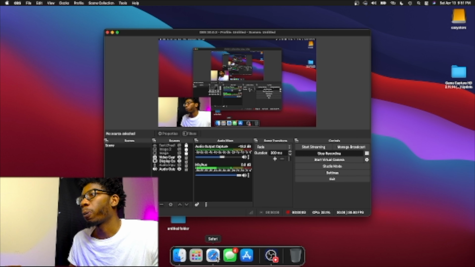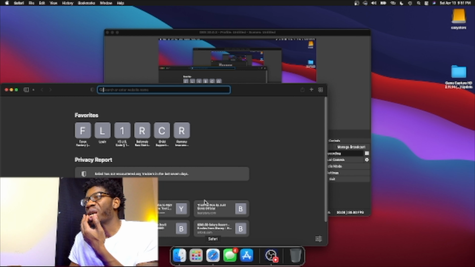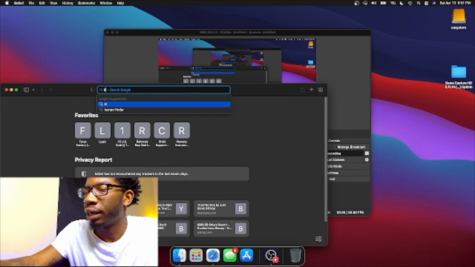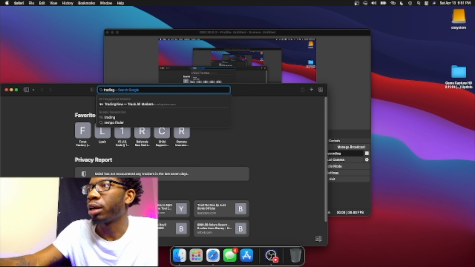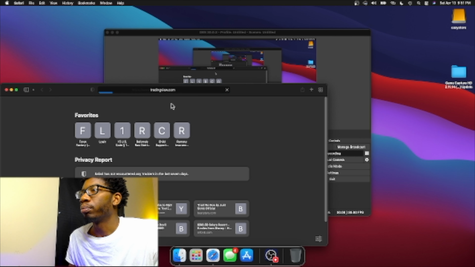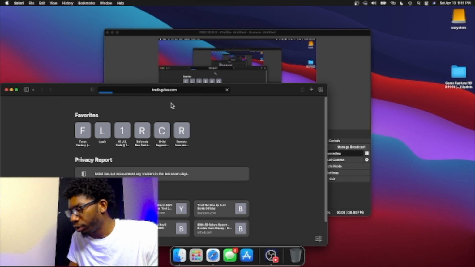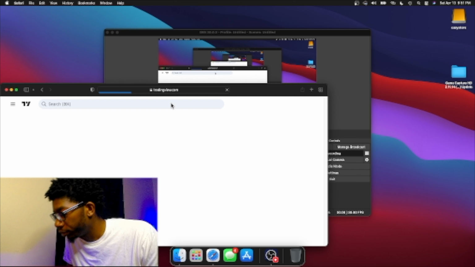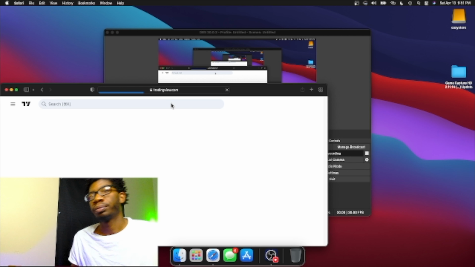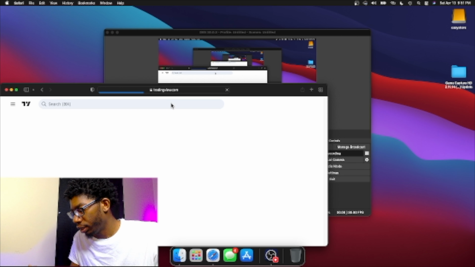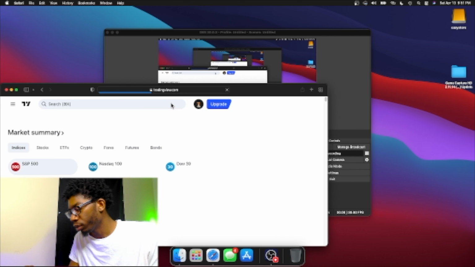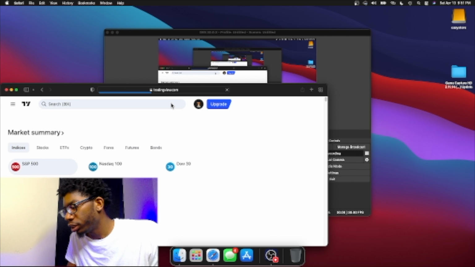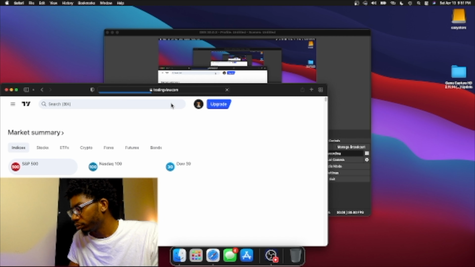Okay, so we're about to go ahead and go to TradingView. I was trying to get my phone set up so I can show y'all my trades, because there's a lot of them. But pretty much we started on the 4th of April, and it is the 13th of April. So we started with $22.41, and we're currently up $133.06.